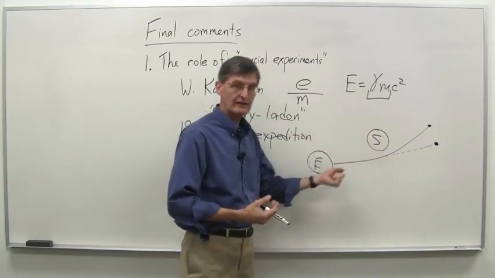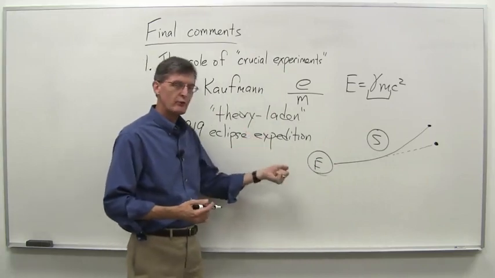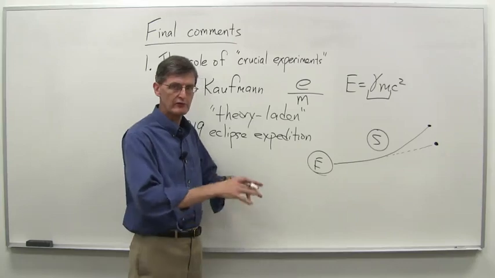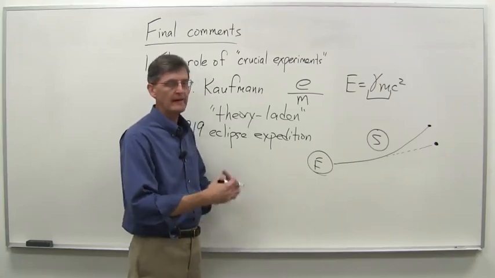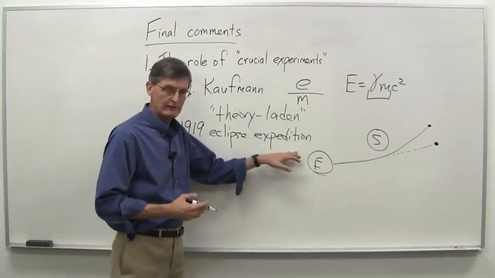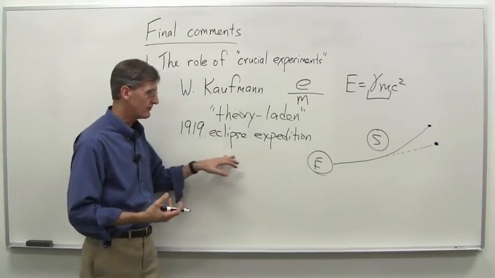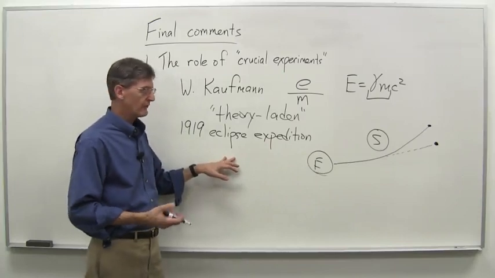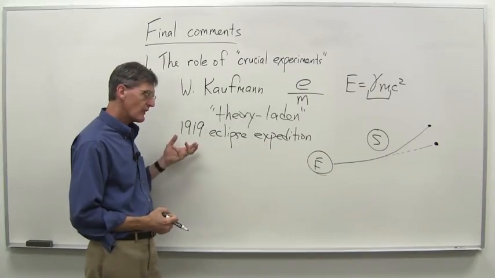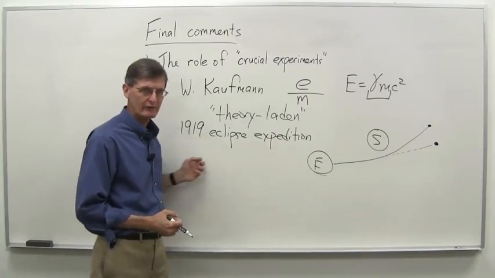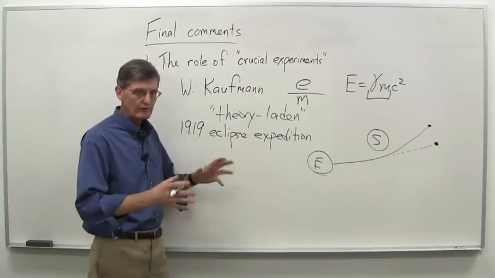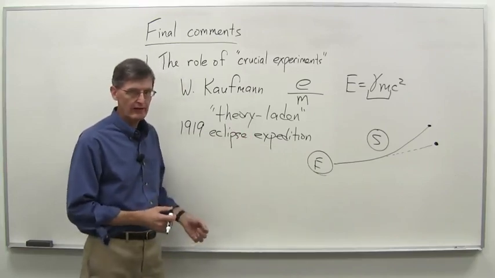And then you have to actually analyze the data and decide, is that data point good? Do we trust that data point? Or maybe that's really skewed in some way. Maybe there was a systematic error in that image, and so on and so forth again. So even though the eclipse expedition came back and essentially said in a very famous announcement at the Royal Society in London that Einstein was right, there was sort of a lot of human factor behind that. And if you look really closely at the data, it wasn't quite as unequivocal as it might seem.